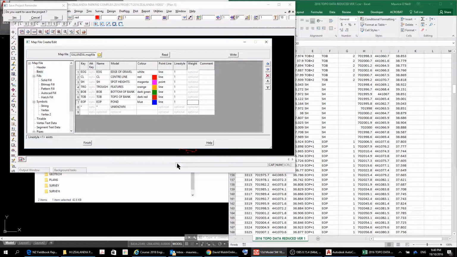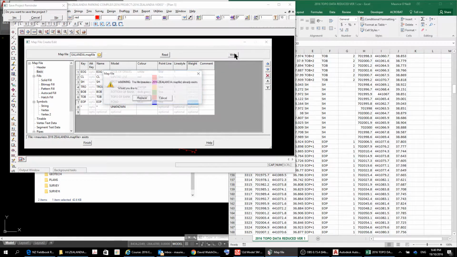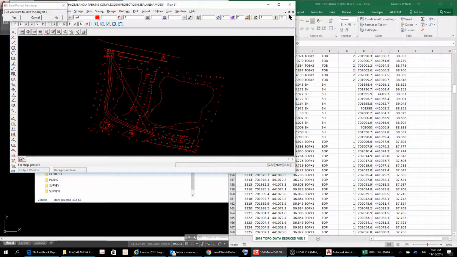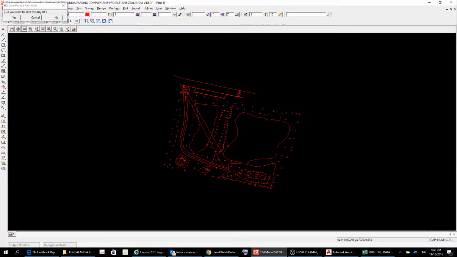Okay, so obviously there's more to go there, and we just keep going till we get all the codes in. So let's just write that. That's writing it, and we'll replace it. Okay, so that's our map file. So let's see what happens now. We'll save the project at this point. So what I'm going to do now is file IO,